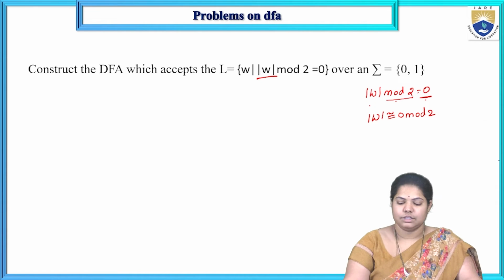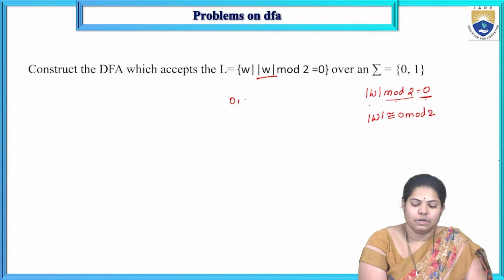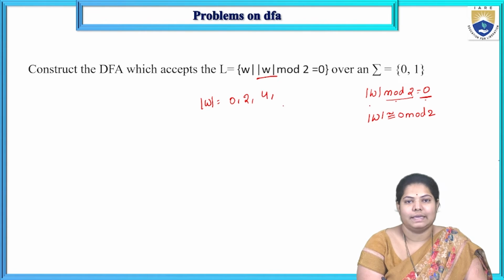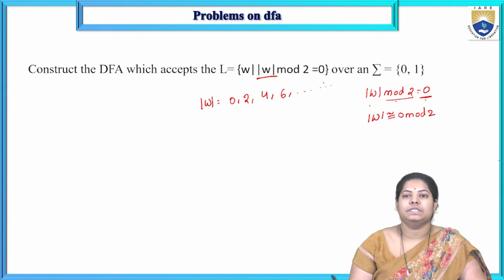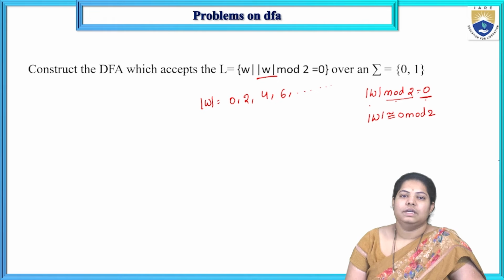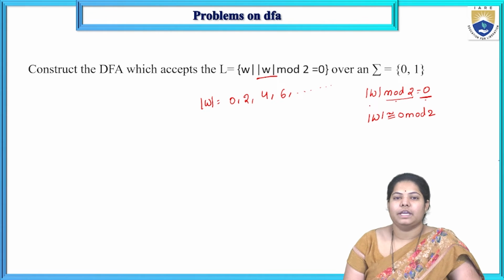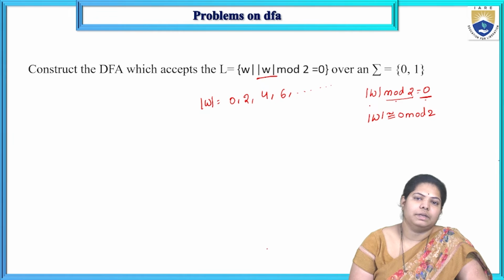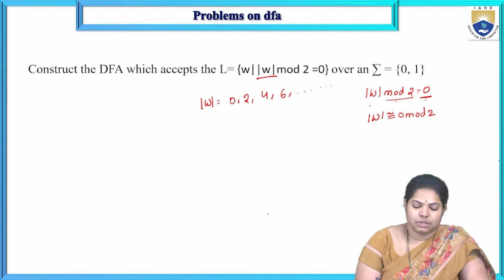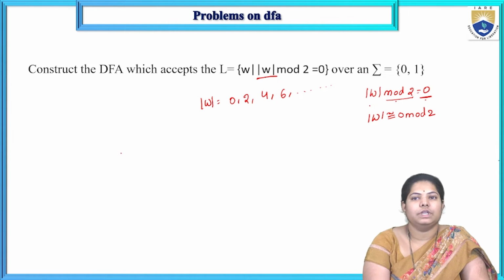when the string length is 2, I get the remainder 0. When the string length is 4, I get the remainder 0. When the string length is 6, I get the remainder 0, and so on. That means when the string lengths are divisible by 2, all the multiples of 2, then the remainder will be 0. So based on these conditions, we need to draw the